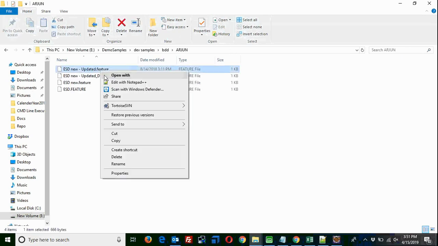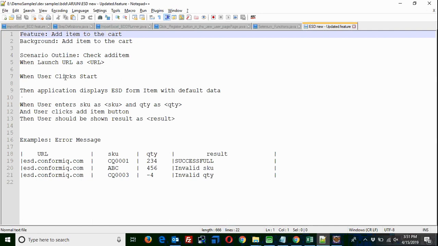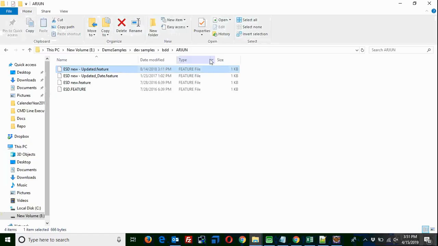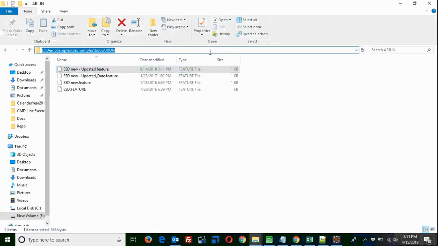This is a sample structure of a feature file where you can see I have all my when and then statements, and I have parameterized the data for a few of the elements like URL, SKU, quantity, and the results as well. Now I'll import the same feature file into the creator tool.